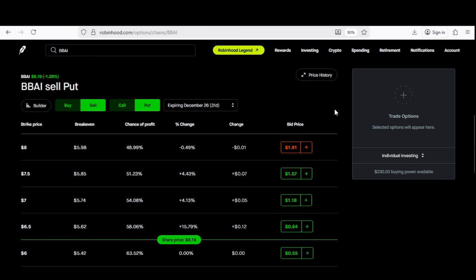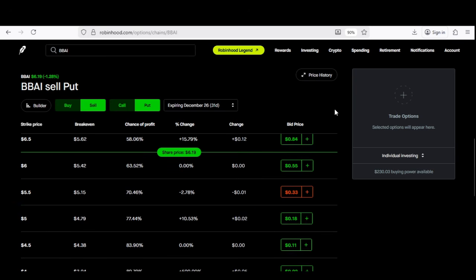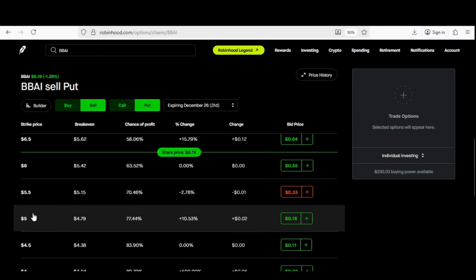Now I'm going to proceed to choose the strike price. We will have multiple strike prices for this option strategy. In order for us to choose the strike price, we're going to have to go down below the current share price, and I'll be going with the $5 strike price. By now, you guys know exactly why I'm choosing the $5 strike price, because I illustrated at the beginning of this video that it provides a very strong support.